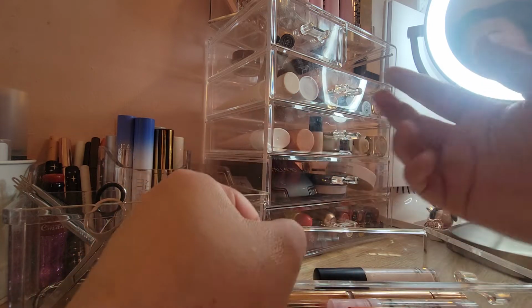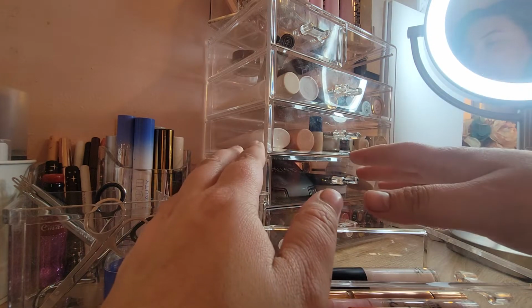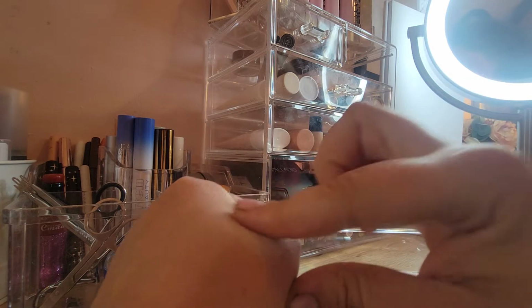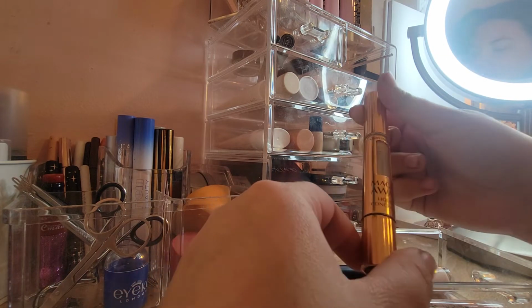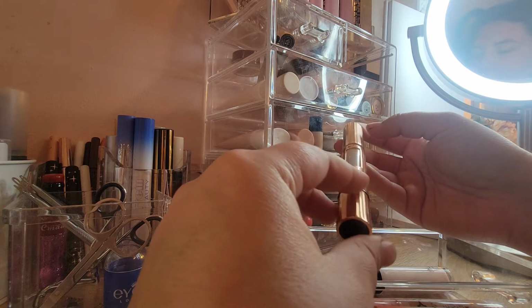Because most of these things, I buy by myself. I don't get anybody really giving me much of anything. So I do try to keep as much as I can. It's a really good concealer. I don't know. I may try to make it work, but I think just because of this applicator, I might